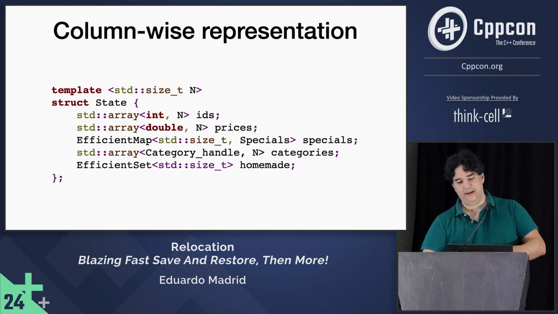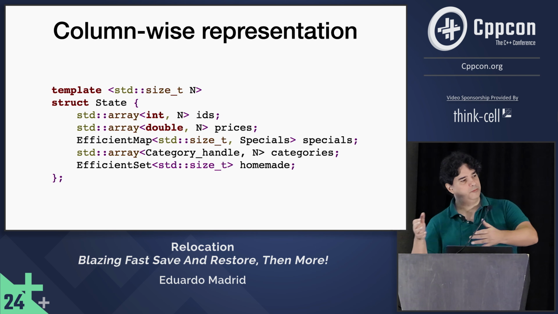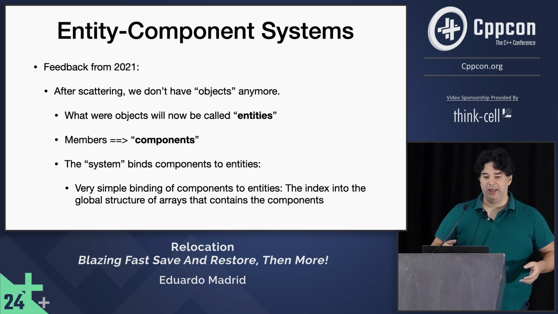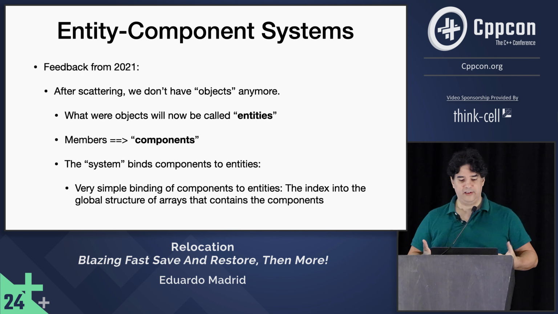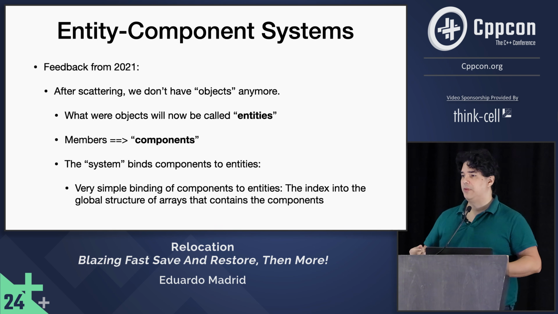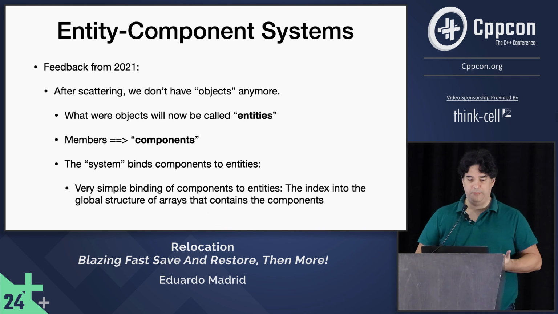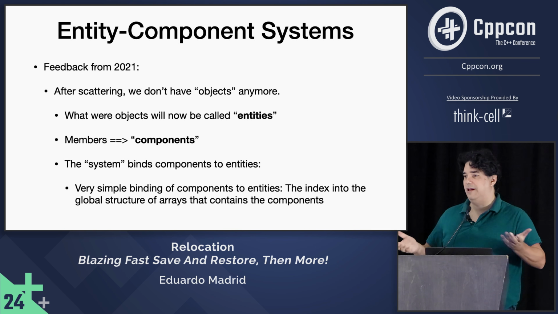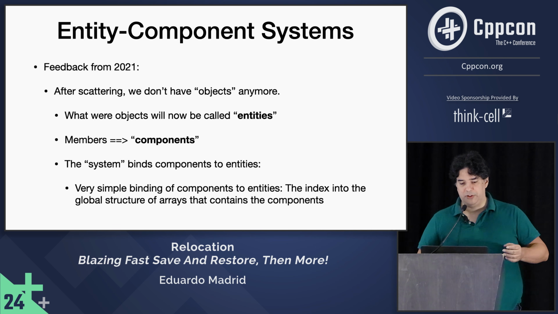All right, a column-wise representation. So we have homogeneous data types, or we have transported the original semantics into things that give us performance benefits. So what I have been doing is described very well by the general concept of entity component systems. I chose this morning not to tell you too much about entity component systems because I am not really an expert on them. By the way, I have never programmed games, not professionally.